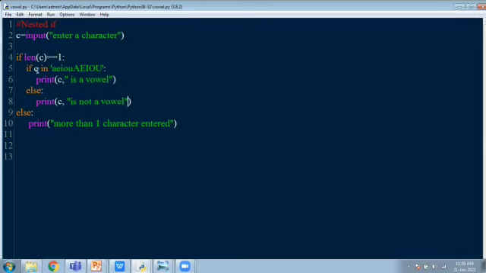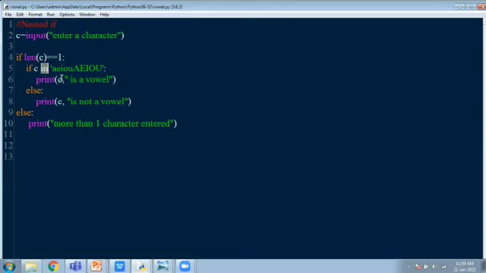and if that first criteria is satisfied, then you go in and check if that character is in the vowel list, right? You know what the vowels are? A, E, I, O, U. Whether it is lowercase or uppercase, both are considered vowels. So here this in operator is an additional advantage in Python. This is called the membership operator. So if the value of this variable is present in this complete set, it will check whether it is present character by character in the given string. So you have enclosed within quotes, it's a string. So whether the character taken as input is present in the list of vowels.